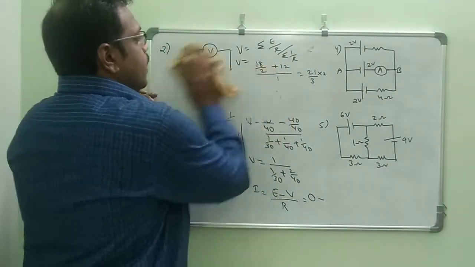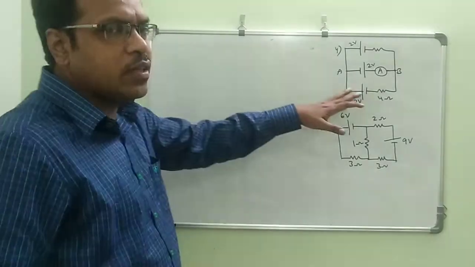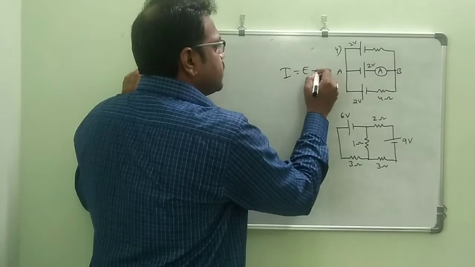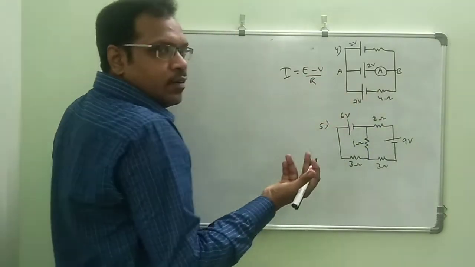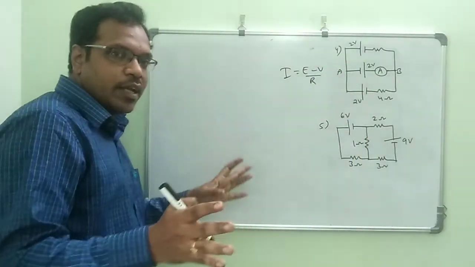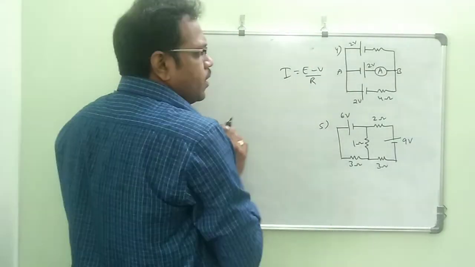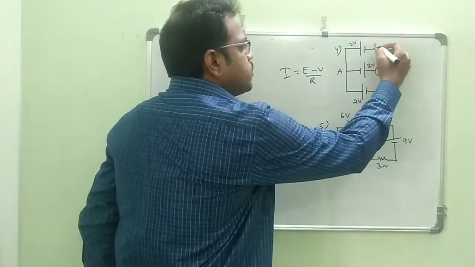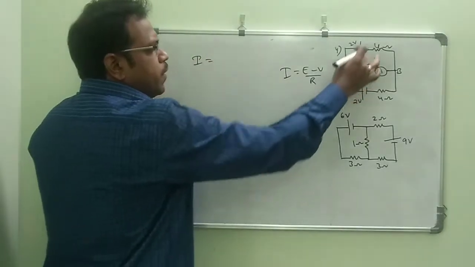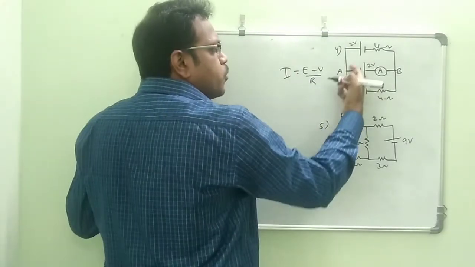For that model, actually in our formula resistance is not there, so we will not get any formula. Suppose in this branch, if you want to find out I is equal to E minus V by R, R is not there. And R is not there, how can we find the branch current? So R0 will come, so that enter 0. So 0 is the current in that. That's why now we can take the same formula only like this. This is 4 ohms. We need to take I is equal to, because everything is the same, I is equal to E. E means 2 only. But this is an opposite polarity.